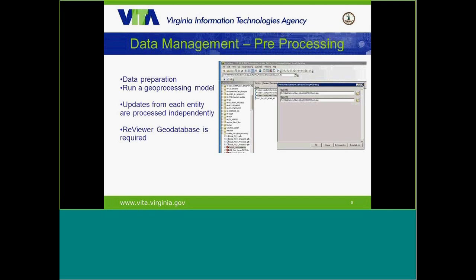Each locality is done individually, so each locality will have its own set of geodatabases with the T1 and the T0 within it.